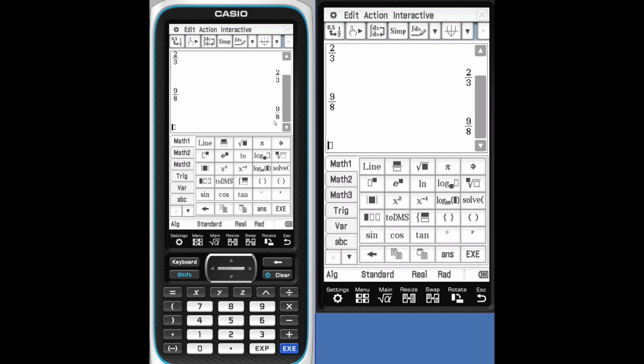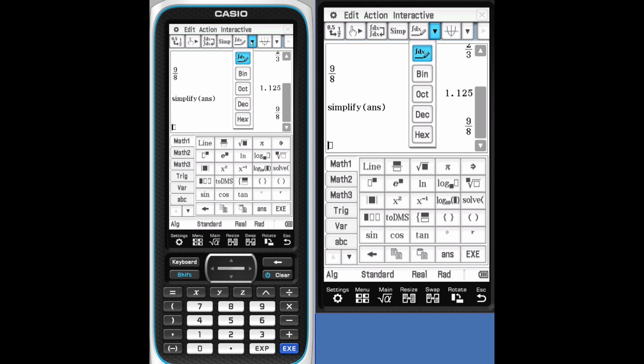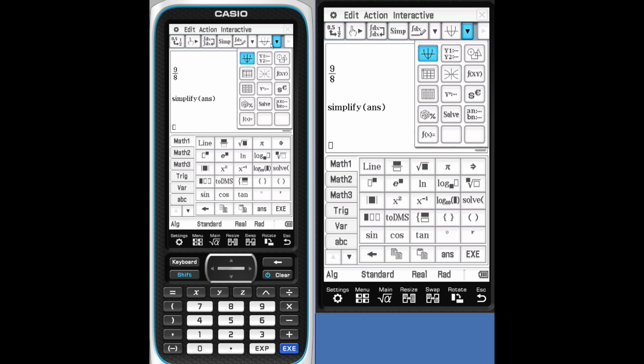Some of the other keys that you have available are decimals to fractions, the pointer, symbolic algebra, or text, simplify, different modes, and graphs. This will allow you to split your screen, and we'll take a look at that later.